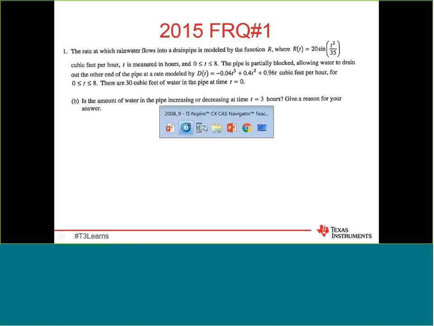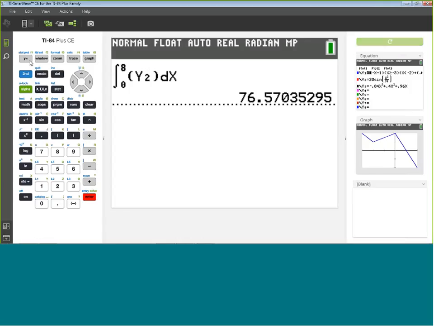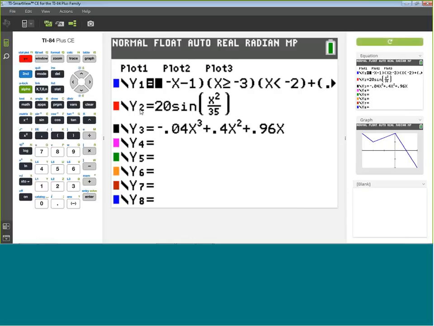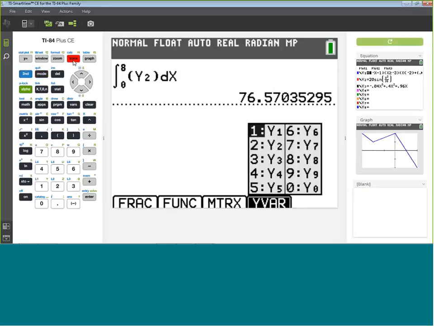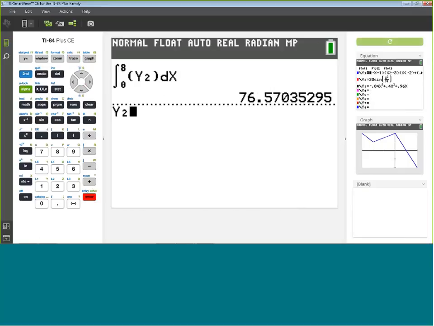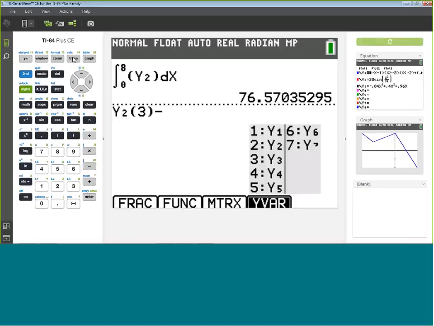We can do that pretty quickly on the 84. On the 84, I've already typed in my rate going in and my rate going out, so I can refer to them as Y2 and Y3 on the TI-84. That's exactly what I'm going to do. I'm going to type in Alpha, Trace, and choose Y2. That is my rate going in. Now Y2 of 3, I want to know the value of that water flowing in when the time is 3. And I'm going to subtract Alpha, Trace, and choose